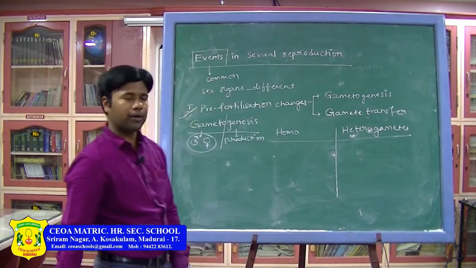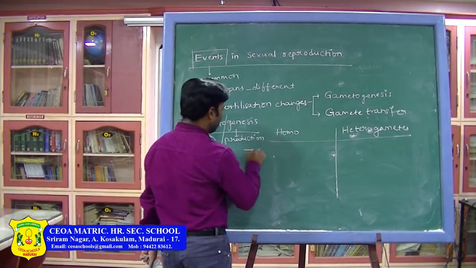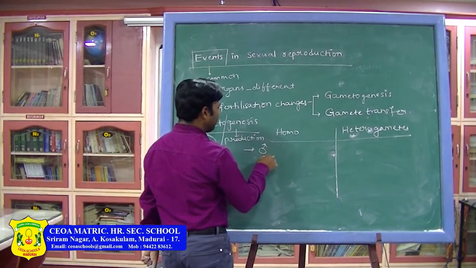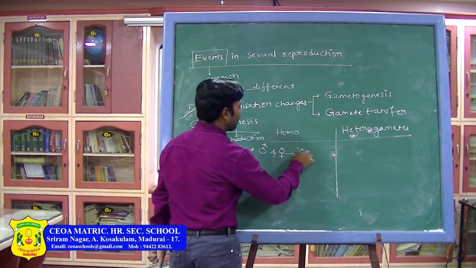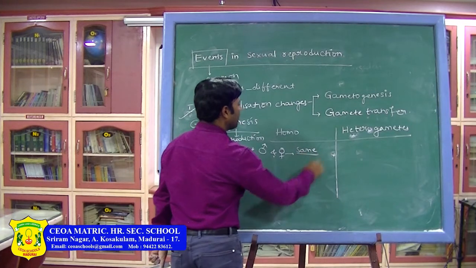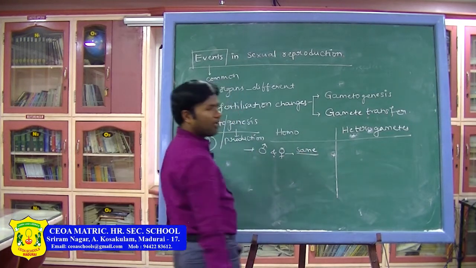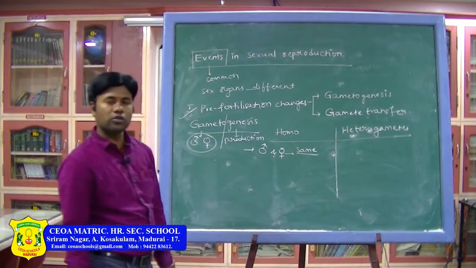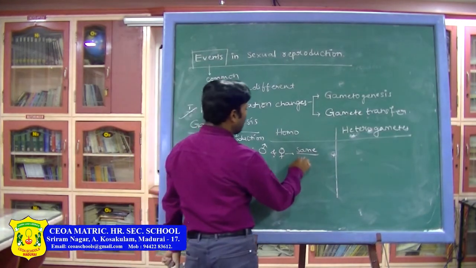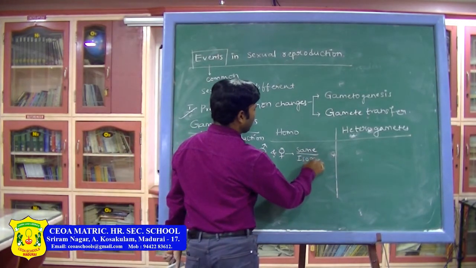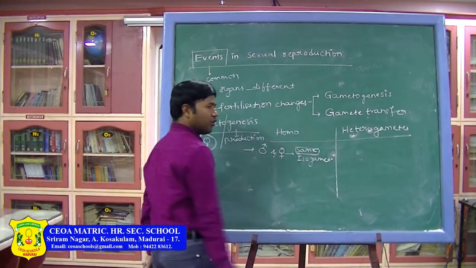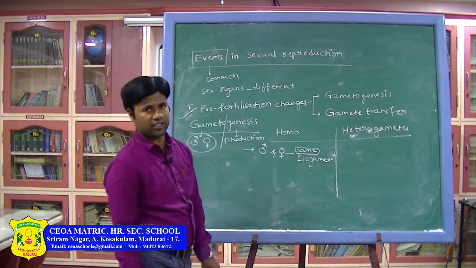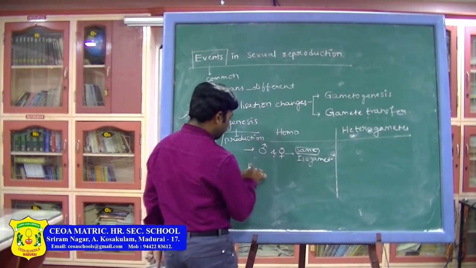What is homogamete? Homogamete means here male gamete and female gamete are the same structurally. When you observe, their sizes are the same or identical. So these are also called isogametes. What are we calling them? Isogametes. Same or identical when you observe structurally. Okay. Example,